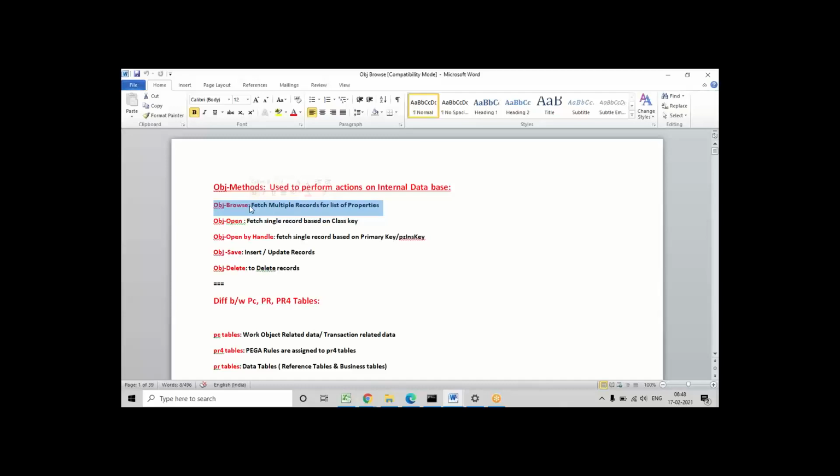For example, I'll take the state table. We have two columns, state code and state name. I'm going to use that example, and those two columns of records, I want to assign to the UI page. In the customer design we have a state property, so to the state property I want to assign those records.